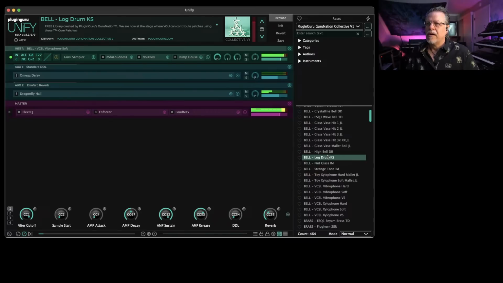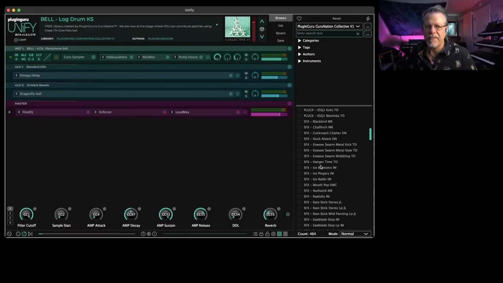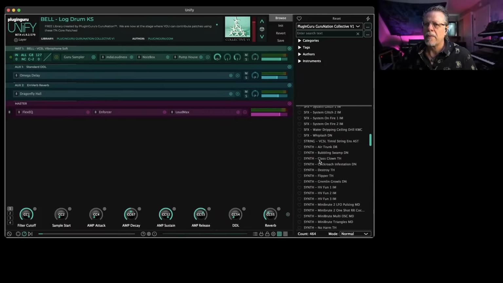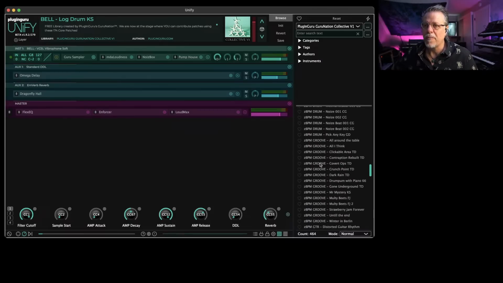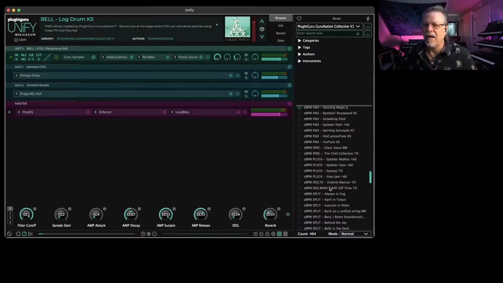So the very first version of the collective that I released just had a couple sample maps. And then the second version we released had everybody's samples and all 176 patches. And then the final version is this one, which has 464 patches, 1.8 gigabytes of samples, all these patches by